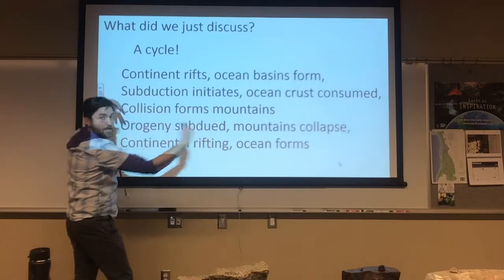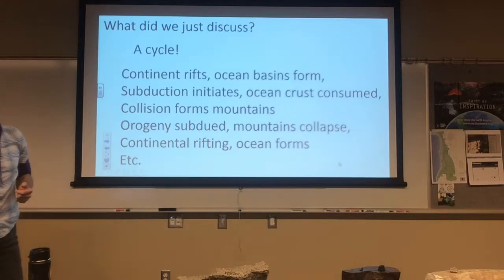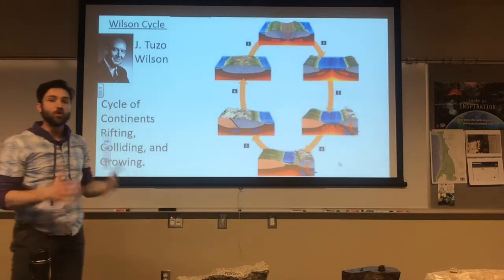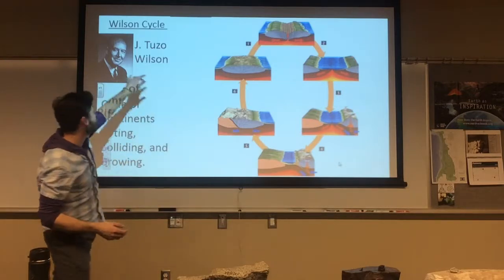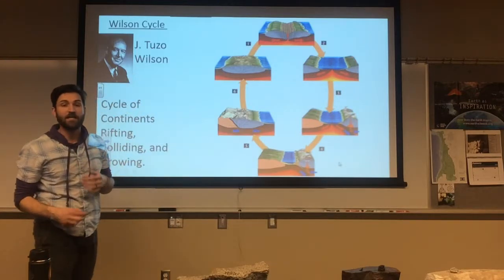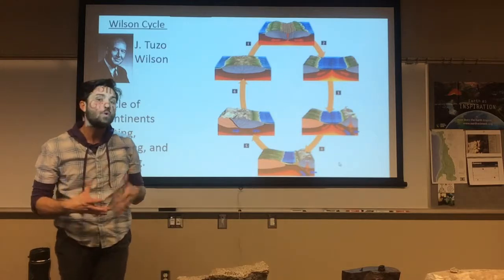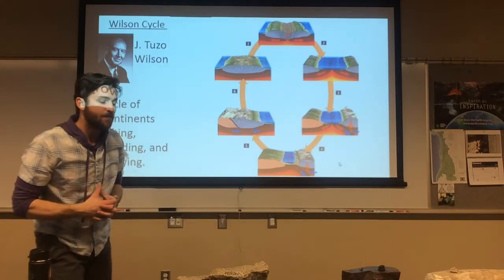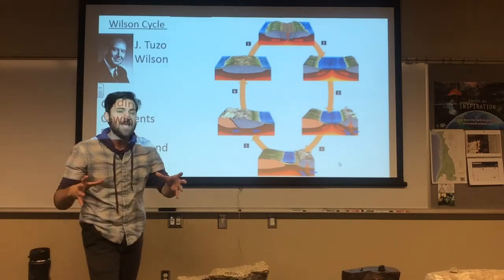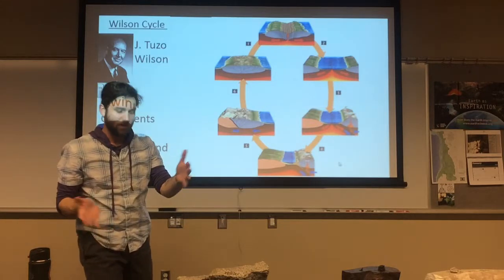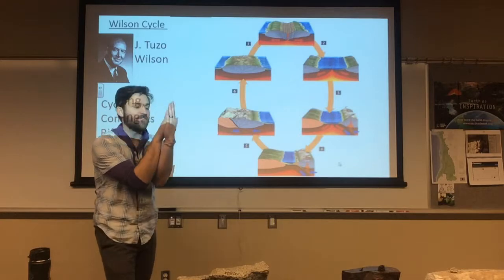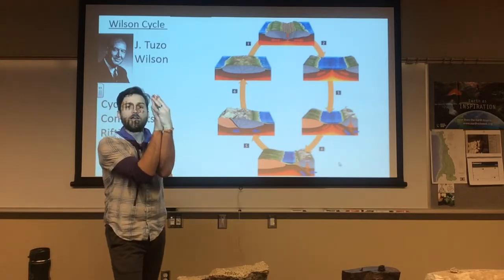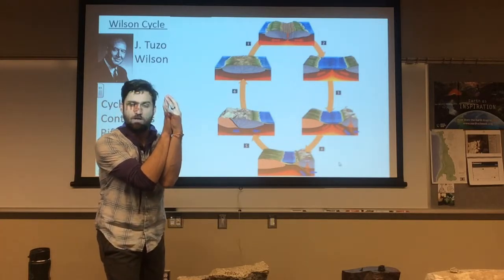It's a cycle, okay? This is what's called the supercontinent cycle, also known as the Wilson cycle, named after J. Tuzo Wilson, a Canadian geophysicist who first coined this idea. That maybe, just maybe, Alfred Wegener, with his old Pangea idea, right? The thing that he identified, this all Earth together, maybe that wasn't the only one.